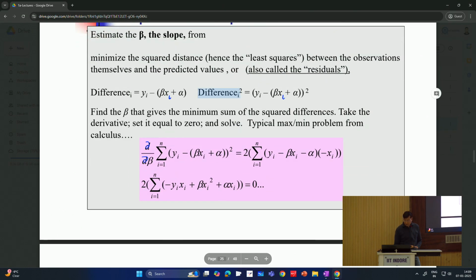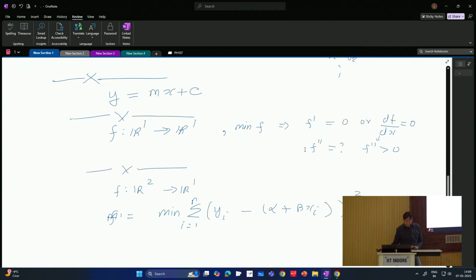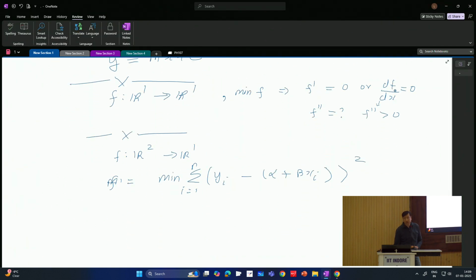Okay. So to find the minimum of the sum of the squared differences, we take the derivative with respect to beta. Now, generalize this to the n dimensions. When you're trying to do it for one dimension, you're taking the full derivative with respect to x. Here x was the variable, right? But now,